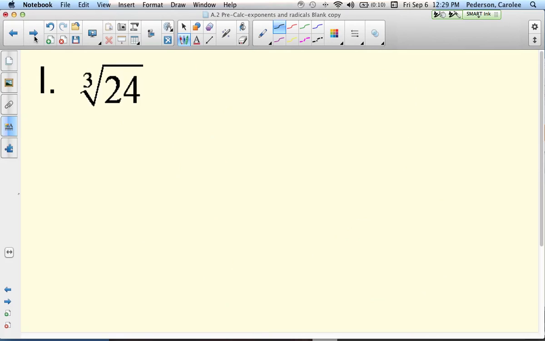Question I, the cubed root of 24. We want to break that down, that 24, into prime factorization. So you may want to try something like 8 and 3. 8 times 3 is 24. Then you can take the cubed root of 8, which is 2, or break down 8